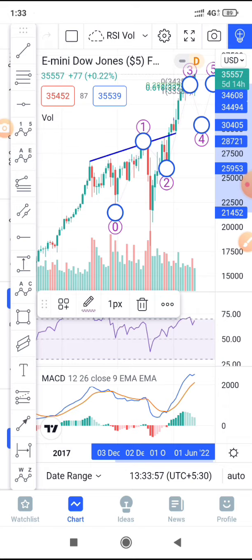So that's it. That was a pretty fast and complicated explanation. I hope you still like it, and hope you found it useful. Any doubts that you have using the TradingView app, you can ask in the comment section.